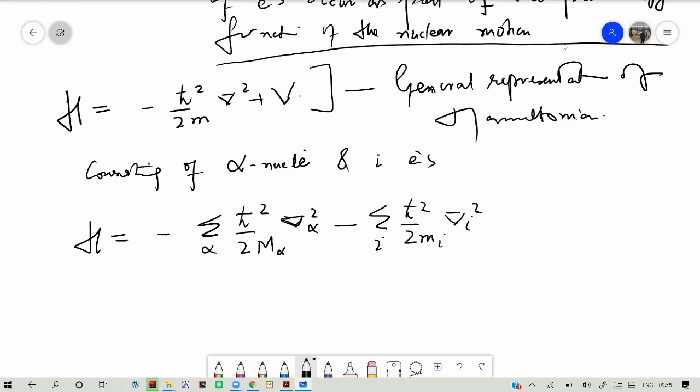Now take the potential terms. This is the kinetic energy part. Let us take the potential energy part. It will be for nucleus-nucleus, for nucleus-electron,